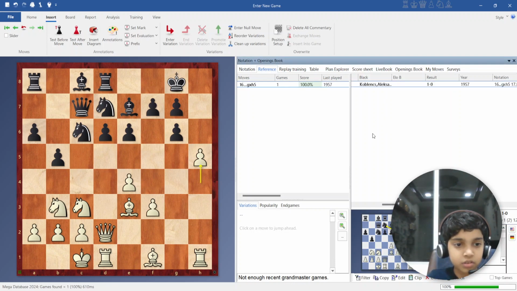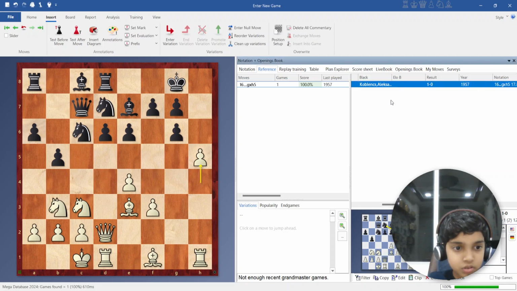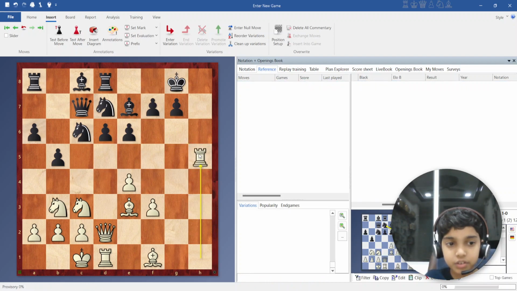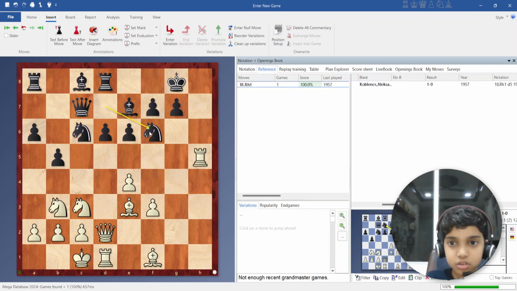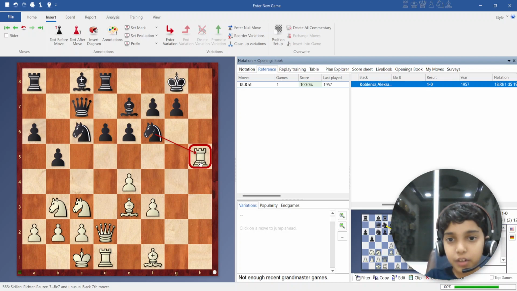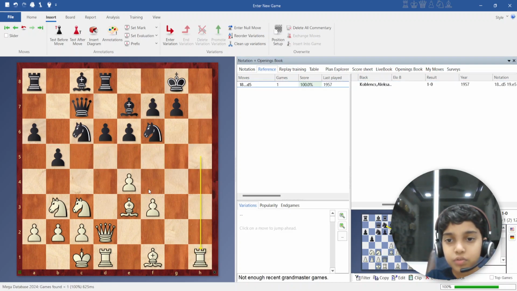All right, so here white takes gh5, and now rook takes h5, knight to f6, attacking the rook. All right, so now after knight to f6, obviously here white has to do something, and white goes rook to h1. Here rook to h1 has the obvious idea of queen h2 and then queen h8 here, so that's why d5